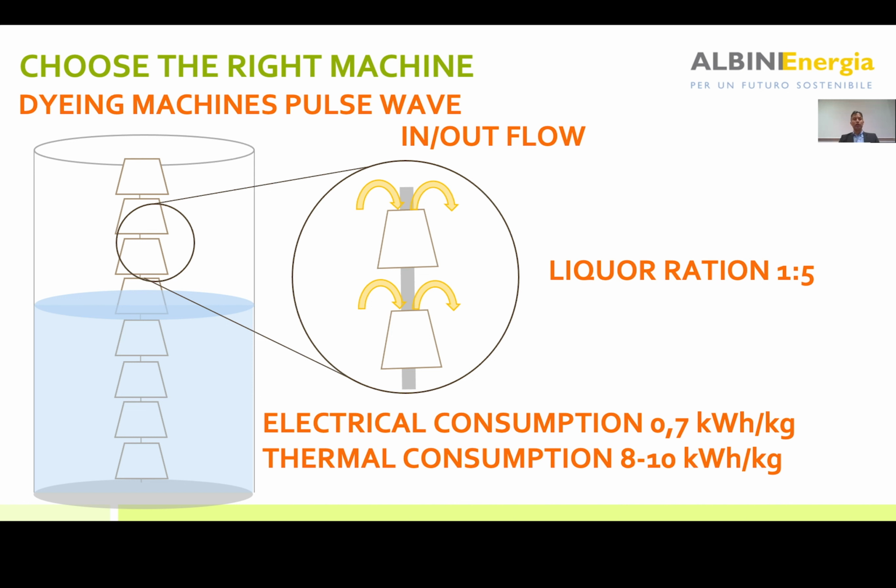When the dye stuffs are tough, like orange, like some pink, colors that are very difficult to dissolve in the water, this technology cannot be used, because the final quality will be affected by many small defects, which are made by, let's call them dots, on the fabric, and so the final color will not be so uniform.